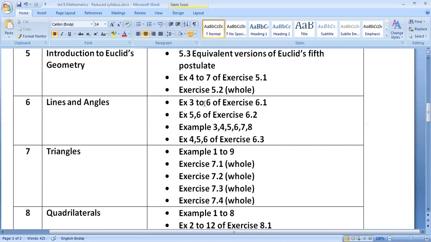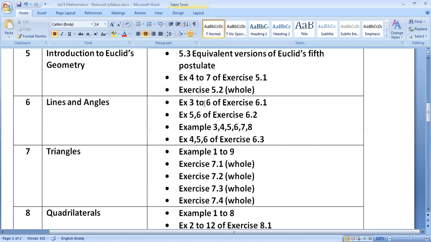Now let's come to page number 98, 6.5, parallel lines and a transversal. This is an included topic, in which axiom 6.3 statement is included, axiom 6.4 statement is included. Page number 100, theorem 6.2: if a transversal intersects two parallel lines, then each pair of alternate interior angles is equal. This is also one of the important theorems you have to prepare.